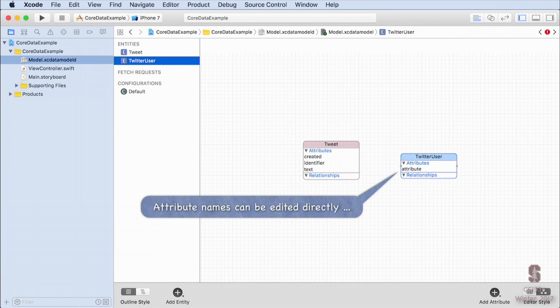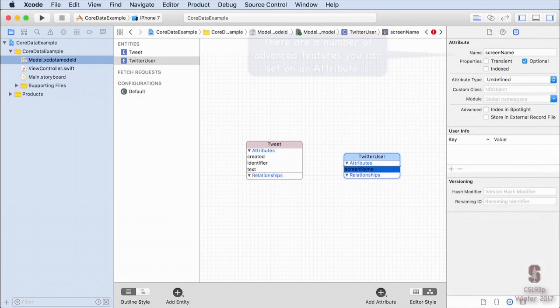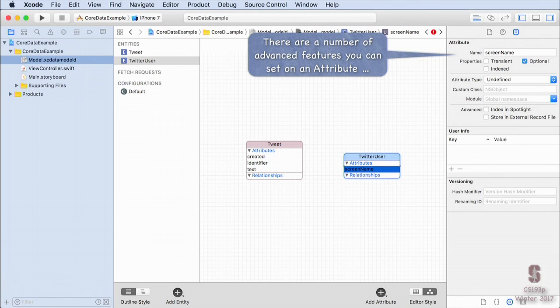You can edit those right in there just by double-clicking on them, change whatever you want. So here I've added the screen name. Now, of course, I got an error again because I didn't set the type of that screen name. So in this view, you set the types by bringing up the inspector. So you just bring up your normal attribute inspector, and here you can see it's inspecting screen name. It's got the name there.